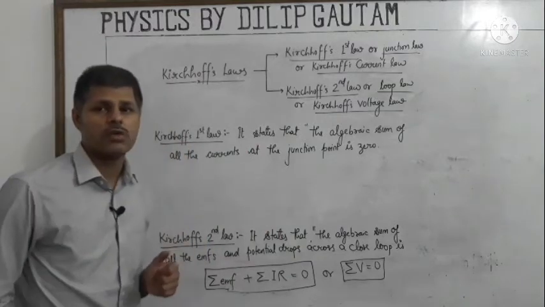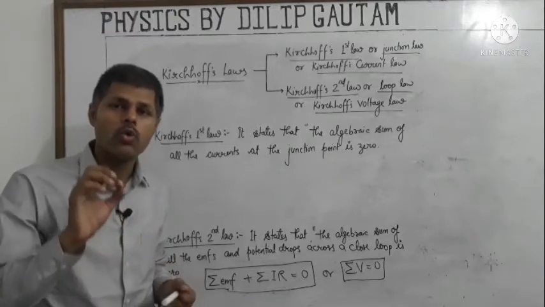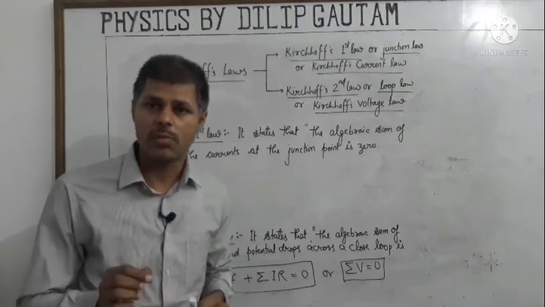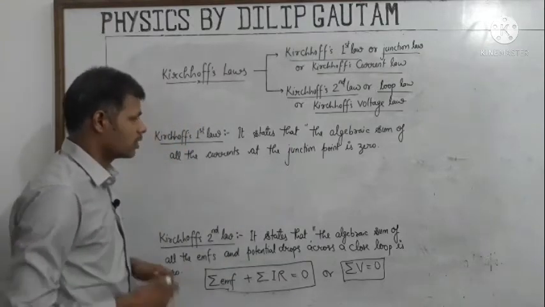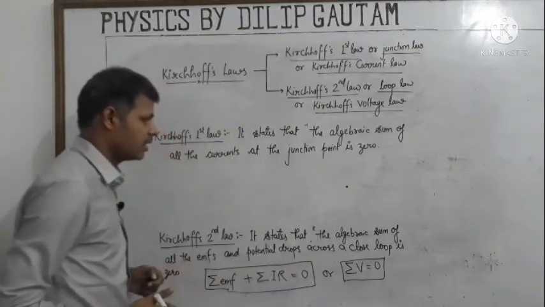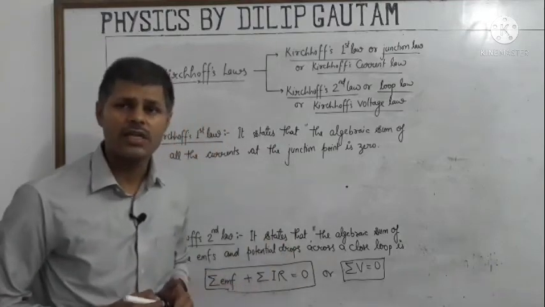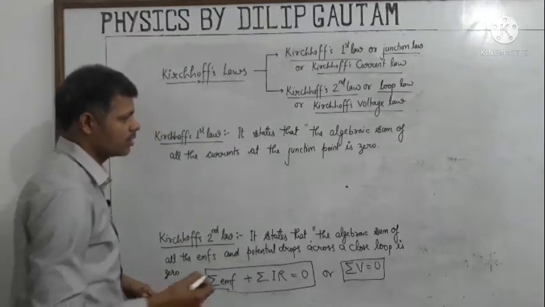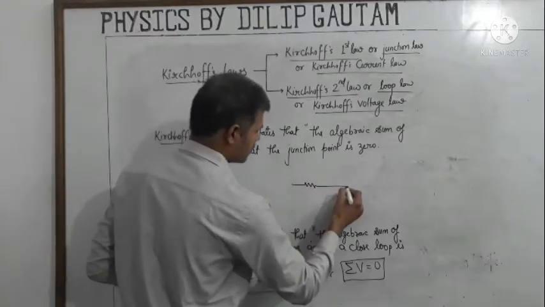What does Kirchhoff's first law state? It states that the algebraic sum of all the currents at the junction point is 0. So what is the junction? Junction is that particular point in the circuit where there are at least three paths, or three or more paths. So let's suppose this is the junction point and here are some